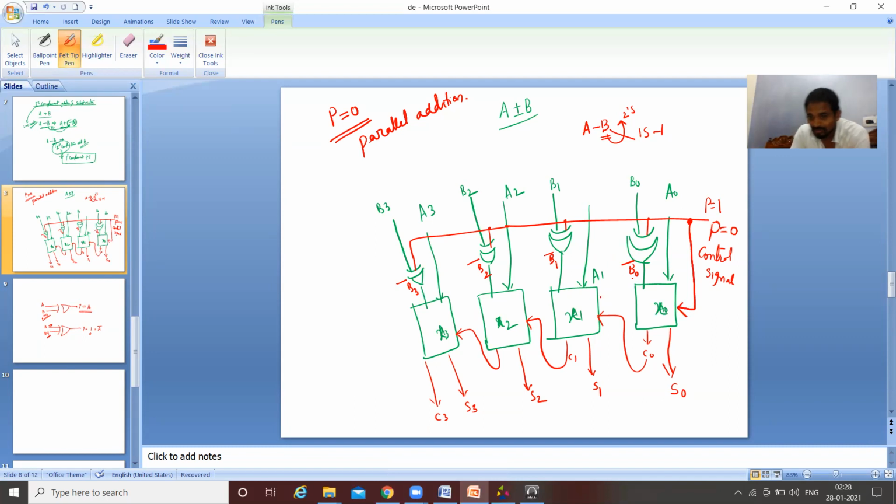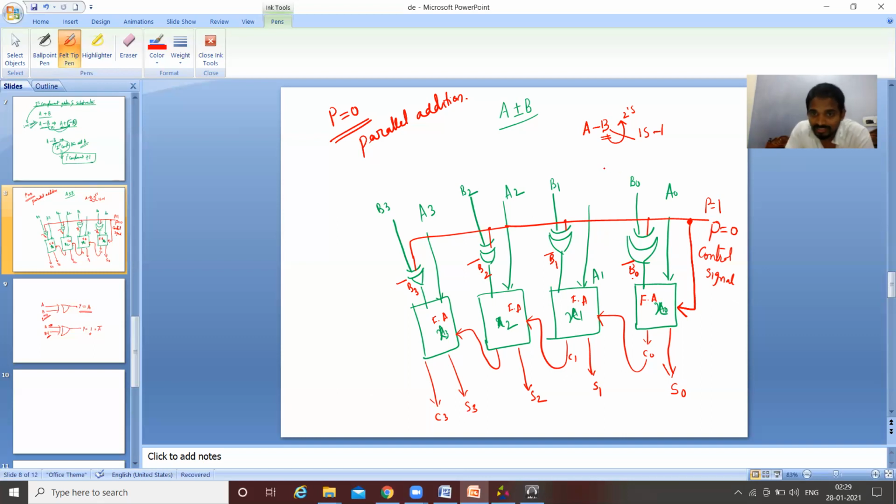So therefore here also we get 3 inputs. So this will become a full adder, and this is also a full adder, and this is also a full adder, and this one. Now see here, complement takes place. Then P is equal to 1 is connected to the least significant bit of this parallel adder. To the 1's complement number we added 1, so it converts into 2's complement.